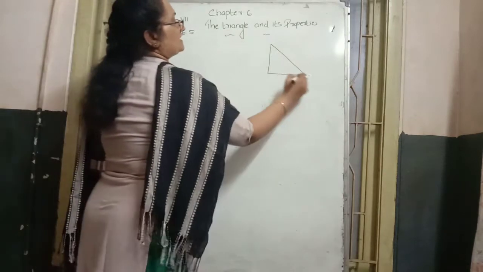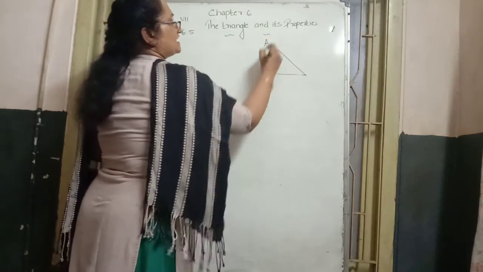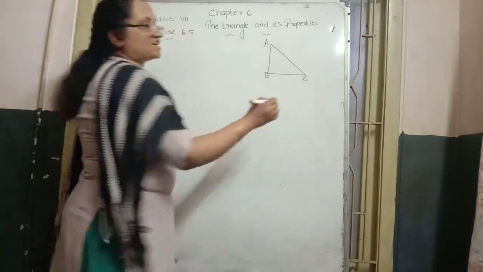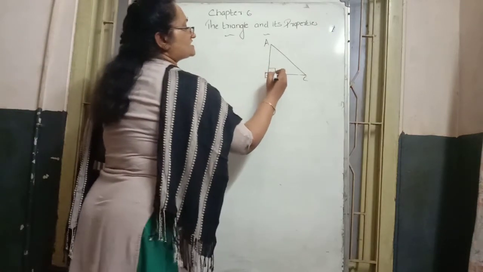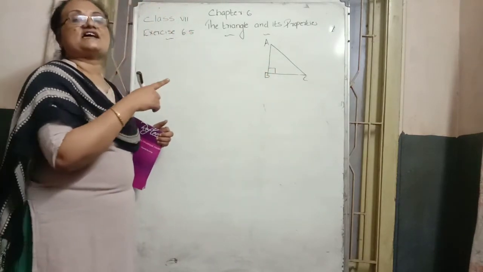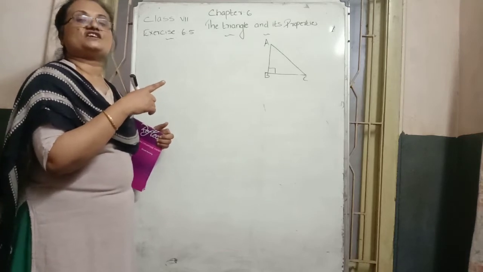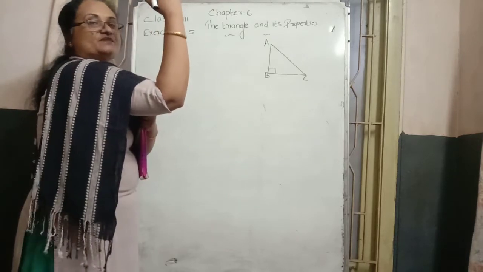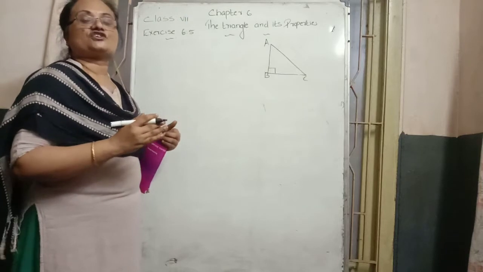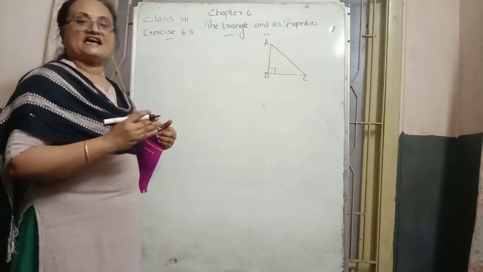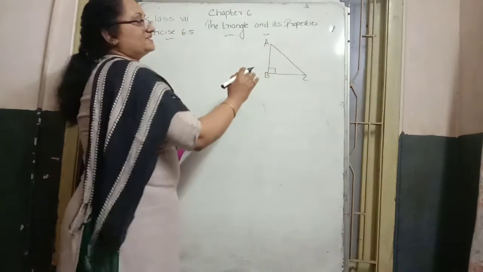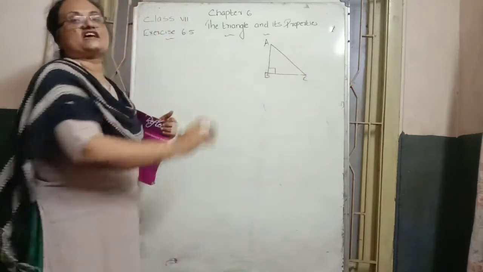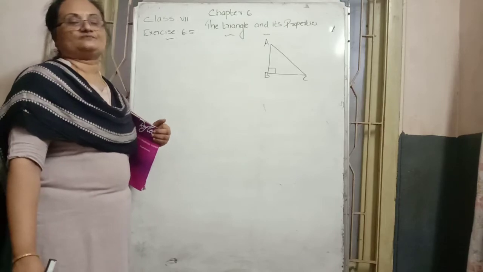Here is an example. Consider a right angle triangle ABC. What about a right angle triangle? One angle becomes 90 degrees, we call it a right angle. That means angle B represents how many degrees? The L shape represents how many degrees? When measuring with a protractor, we get 90 degrees there. Then the side opposite the 90 degrees is AC. In this diagram, AC is the opposite side.